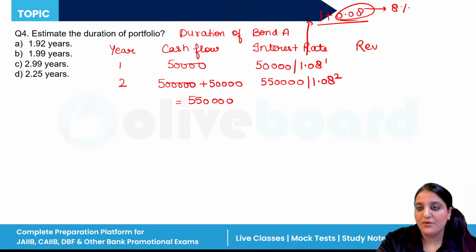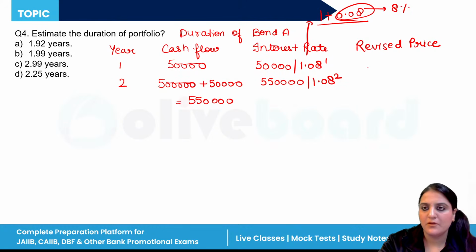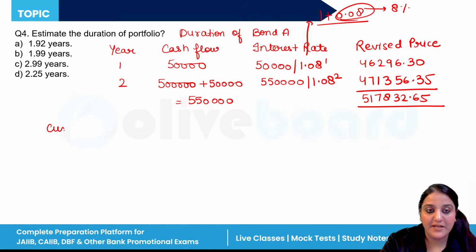Then again this is the revised price. What is it? Let me calculate it. This is 46296.30, and here it is 471356.35. Now add this, and after adding we get here, okay, 517832.65. Now cumulative